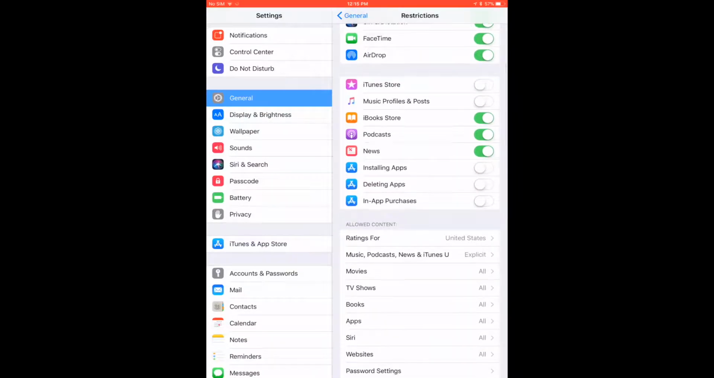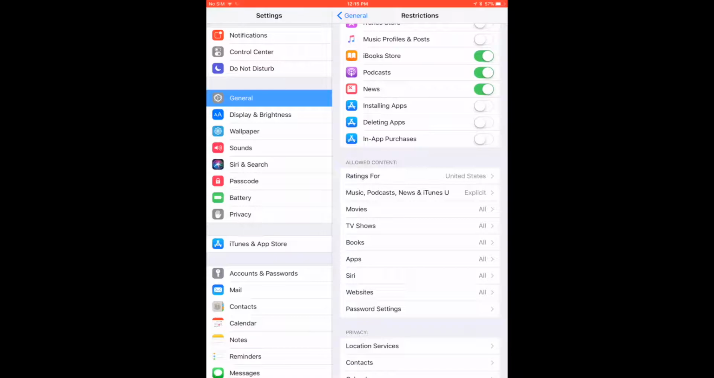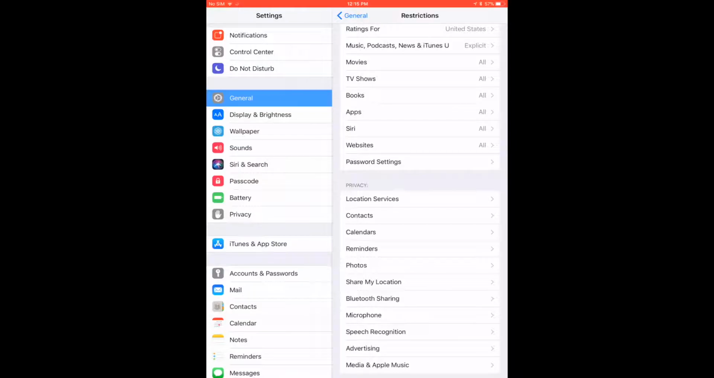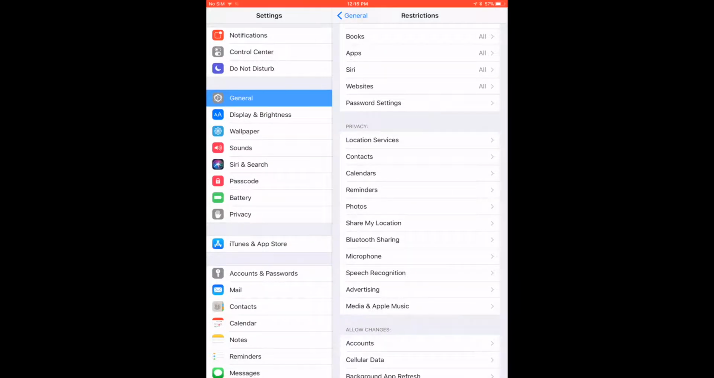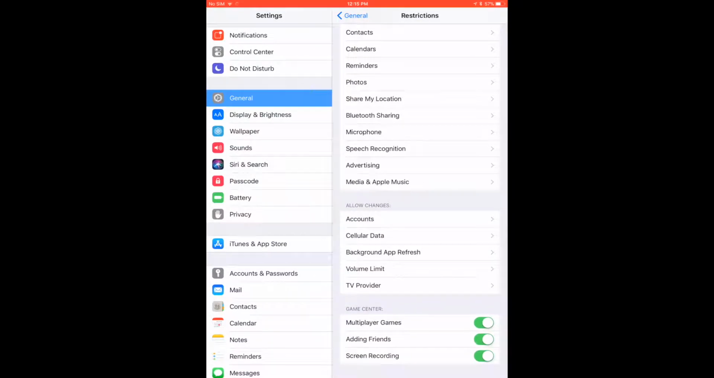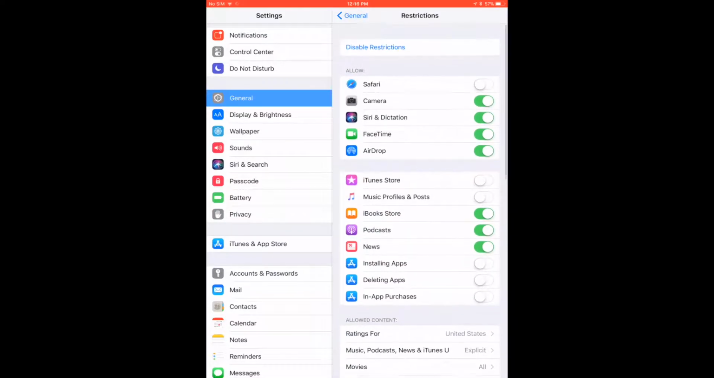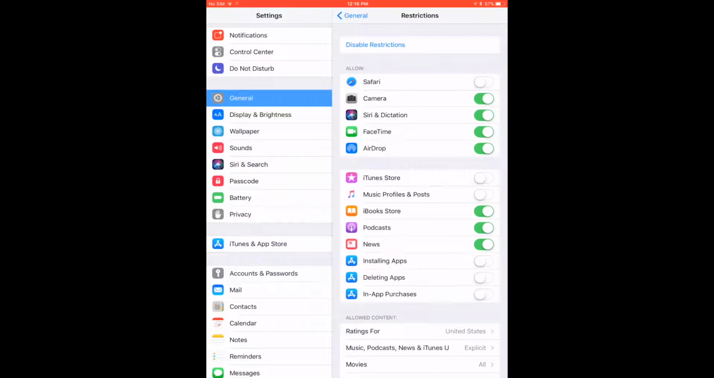As far as other things that you can check out on your own time, allowed content as far as movies, TV shows, and books, privacy things such as location services and Bluetooth sharing, and then some different things about adding friends and even doing screen recording here. So those are some different restrictions I would definitely consider, especially if you're working with younger children. I would definitely try to consider turning off Safari at times, as well as the iTunes Store and music, and then installing apps, deleting apps, and in-app purchases. So that is how to turn